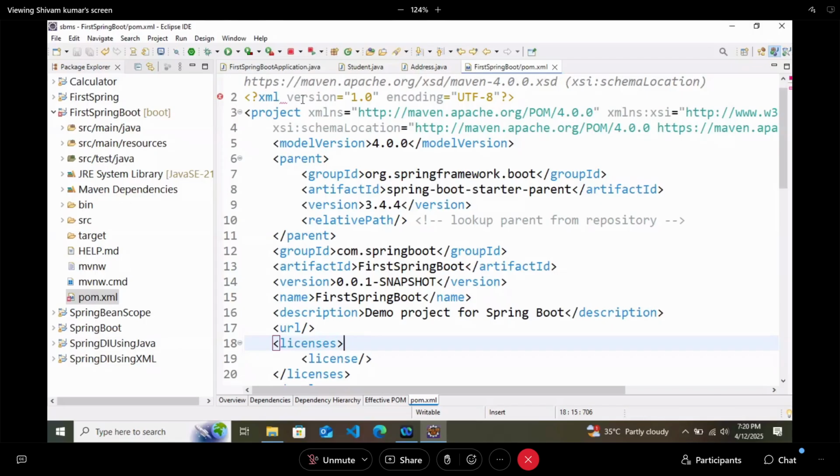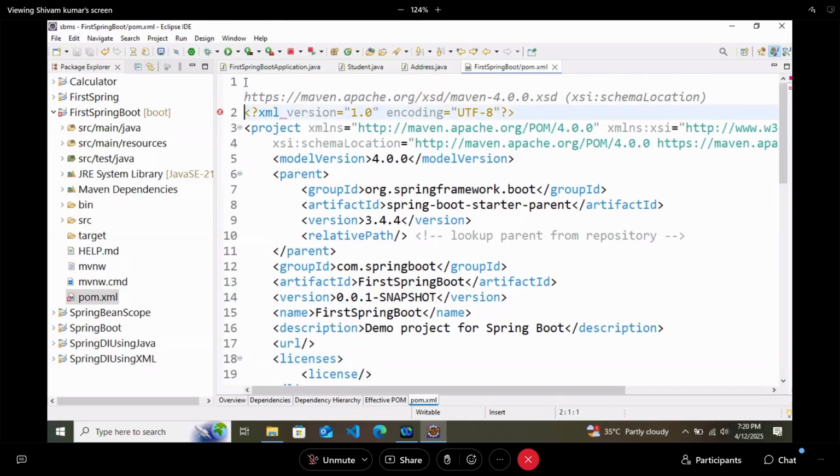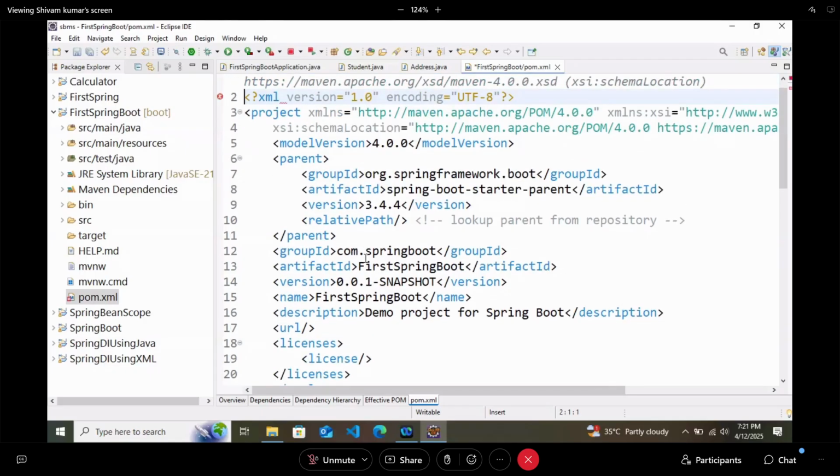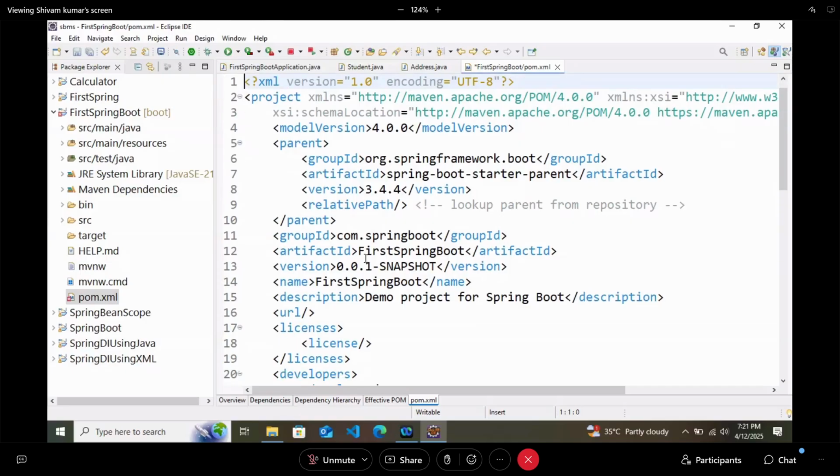So the reason for this error is that by default XML files are built so that there will be no empty line. So you can see this first line is empty and your actual tag is starting from the second line. First error is this. So you can just hit the backspace button. Now we came to the first line, no error. So hopefully it will solve all your errors. If it is on the first line, you will not get any error.